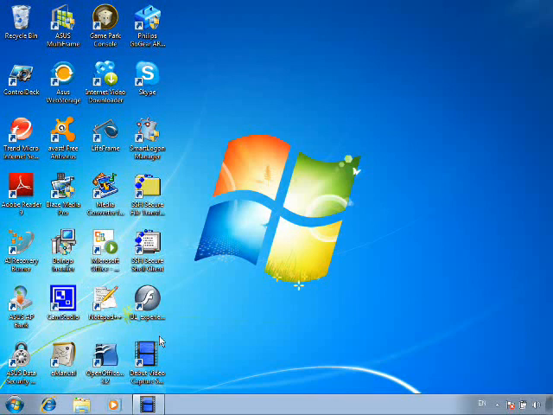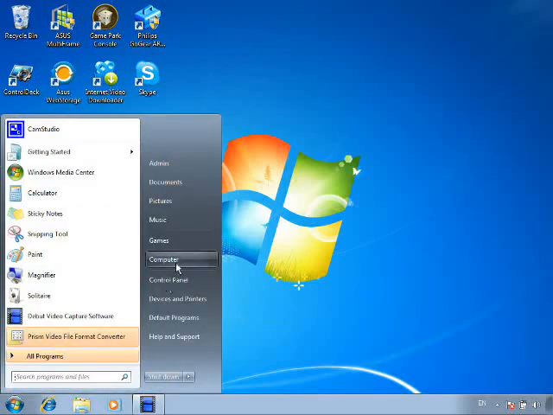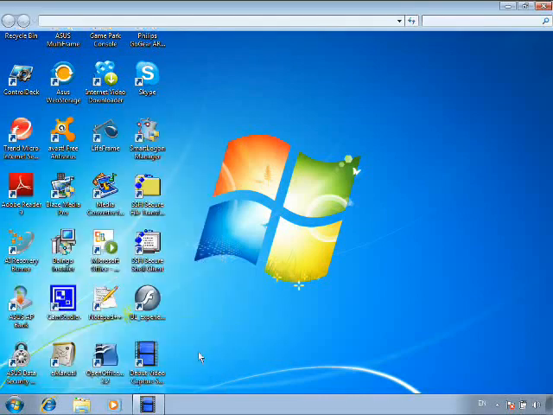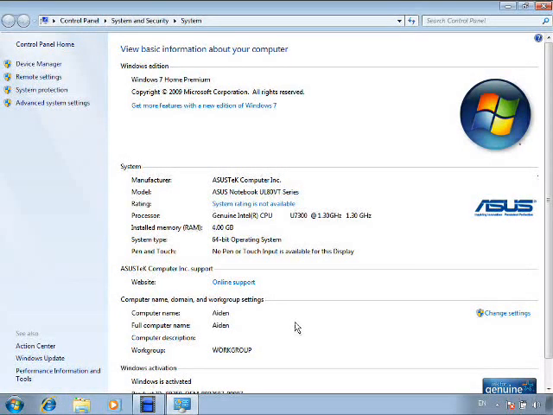First we're going to work with the Windows 7 machine. I'm going to click Start, right click on Computer, and select Properties. In this window here, under Computer Name, Domain, and Workgroup Settings, you'll see the computer name and the workgroup name. Workgroup name is by default set to WORKGROUP. You're going to want to change this name to something more obscure, such as Home Network 667, which makes it harder to guess. Select Change Settings to the right,